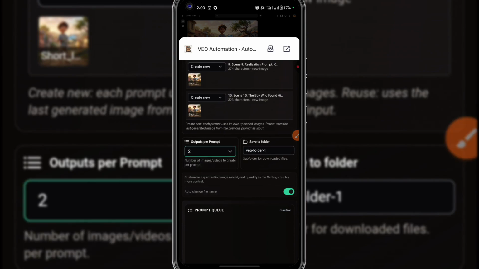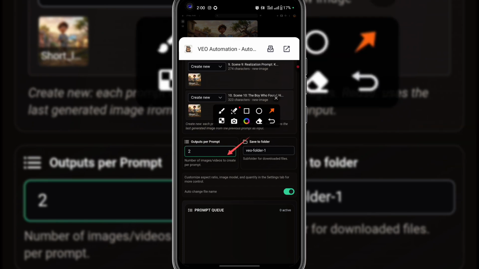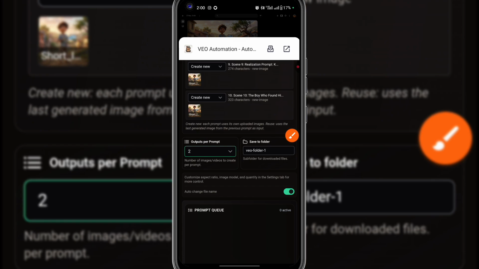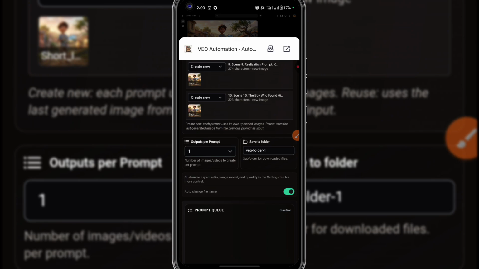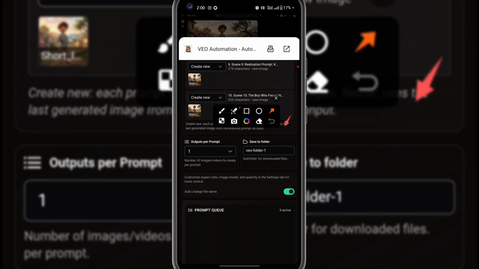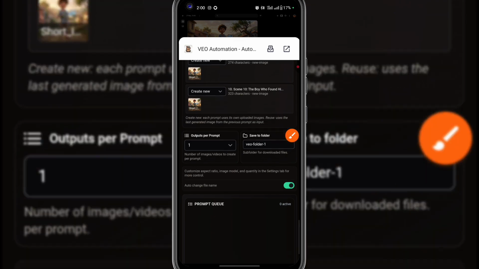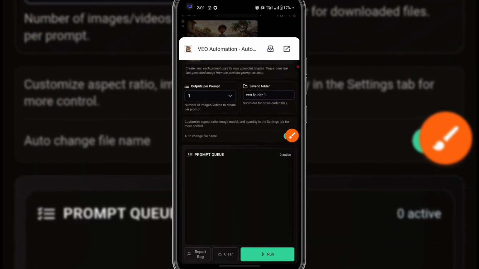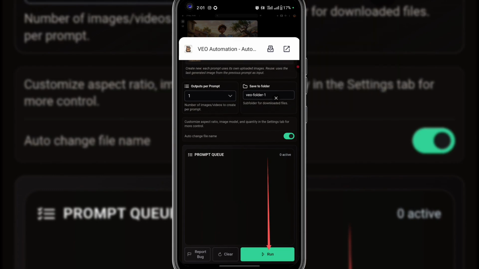And here that says output per prompt, that is how many images do you want to generate per prompt. Let's say for scene 1 you want to generate 2 images together, and then you can select the one that you feel works best for you, then you can leave it at 2. But for me, I want only 1 image for one scene, so I'll just adjust this to 1. And you can see the folder that is going to save this thing to, and then we hit on run. Click here that says run,